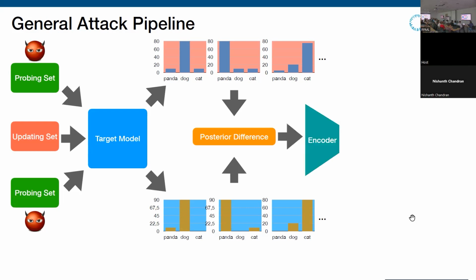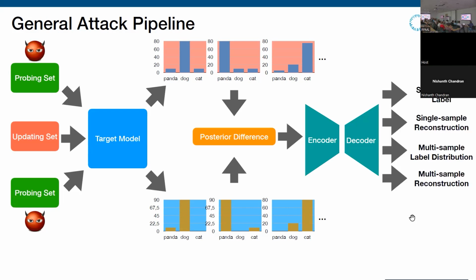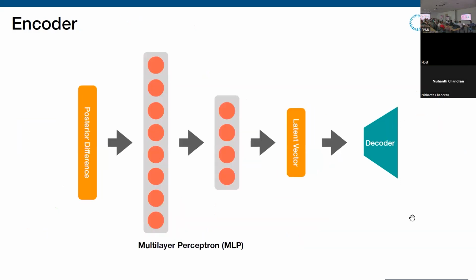And then we build something called the encoder and decoder. I put the posterior difference into the encoder, and then the decoder. For this work, we actually did 4 attacks, and for different attacks we use different decoders. The first 2 attacks are only a demonstration, so the assumption is not realistic: we assume the entire model is updated with only 1 image. In the second, third and fourth attacks, we assume the model is updated with a set of images. I have 4 attacks.